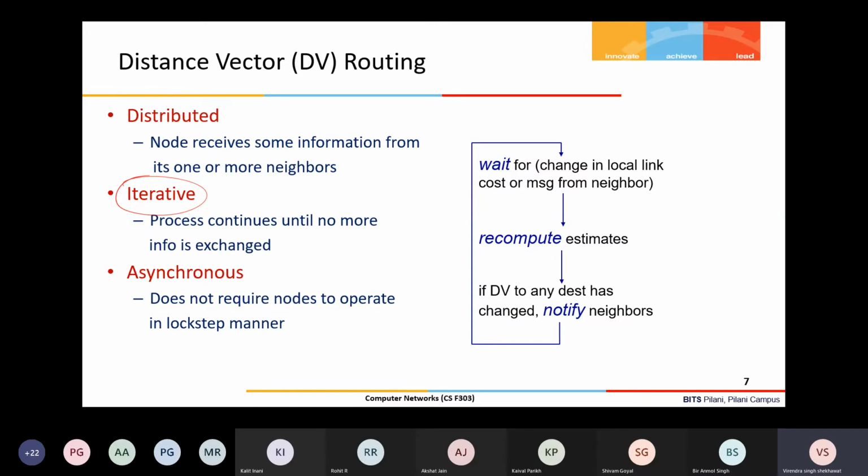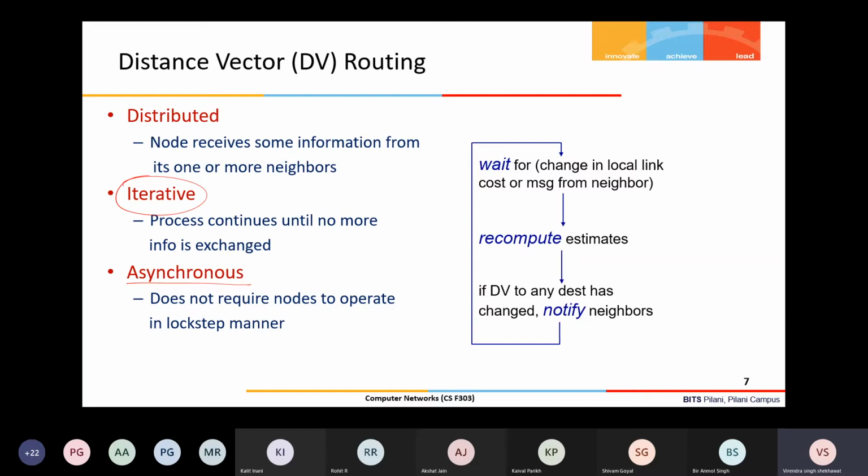So in a single shot, the routing table is not constructed, because it happens like this. Initially a neighbor sends any route change information to its neighbors, then these neighbors send it to their neighbors, and this is the way the information progresses in the network. And the most important part is that it is asynchronous. This algorithm runs asynchronously, which means no synchronization is required.